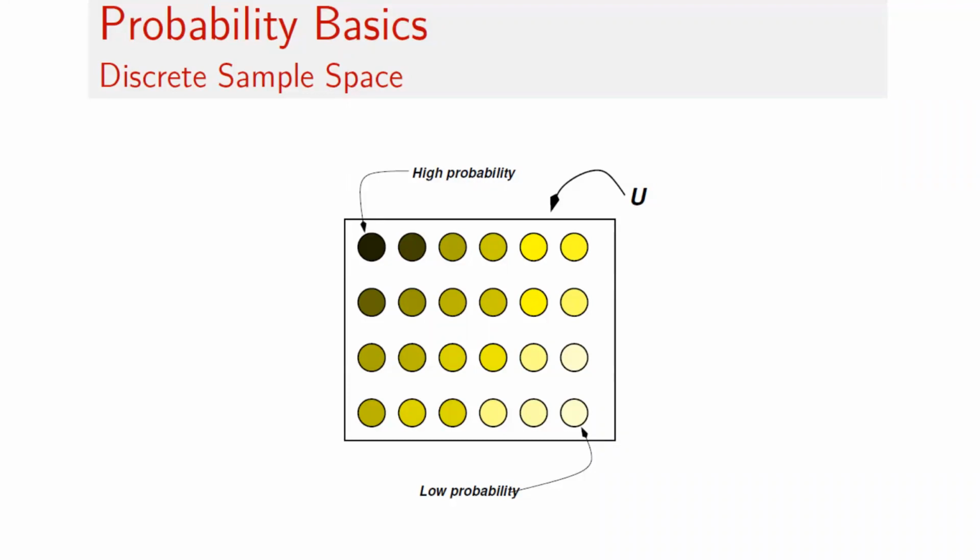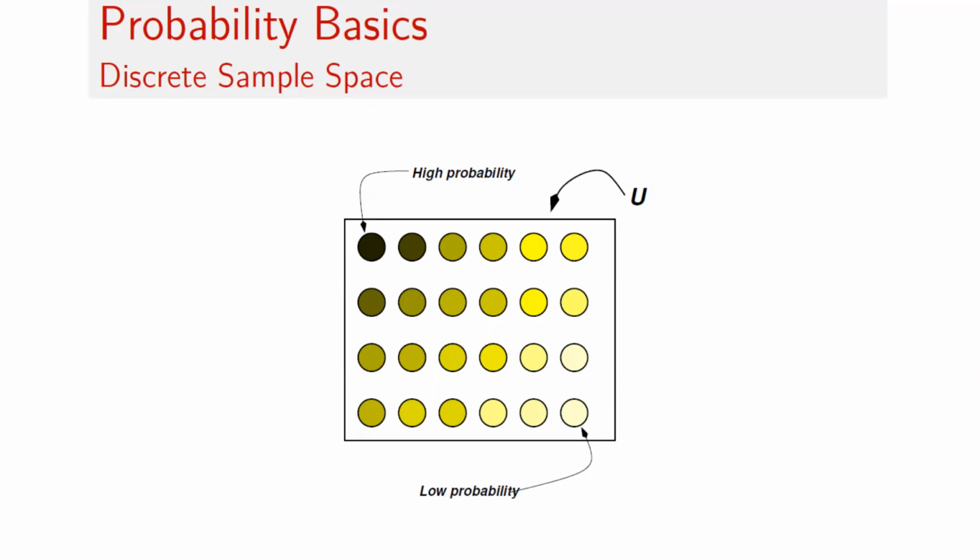Here we have an illustration of a discrete sample space. The circles represent, for example, the samples. The color of the circles indicates the probability. Now, if we imagine that we have a dart shooter that is throwing darts at this board, and the darts are going to land in the circles, in fact, let's make it interesting, and we think that the dart launcher is blindfolded, so he can see nothing.